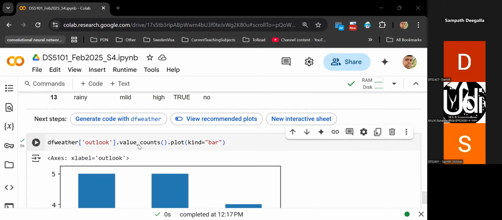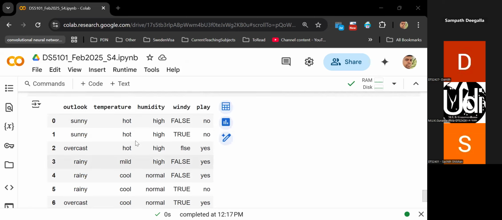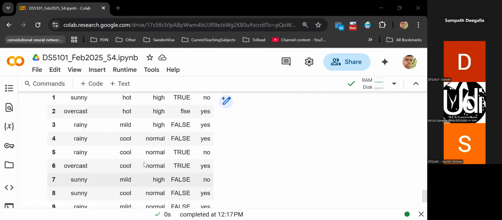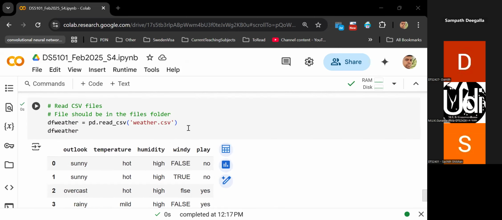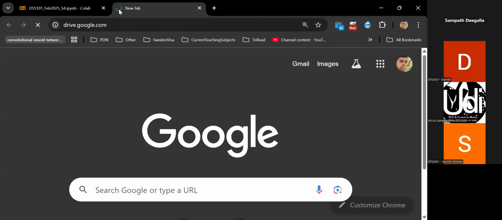Right. Now, this is something that you can do, but the only problem with this way of doing this is, every time when you want to work with the data, you have to always upload the data set. So ideally, what I do is I will save my file in my drive. So let me show you what I did. So if I go to my drive,